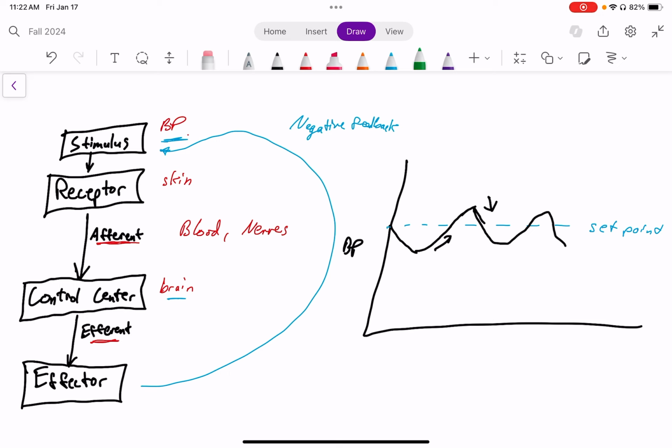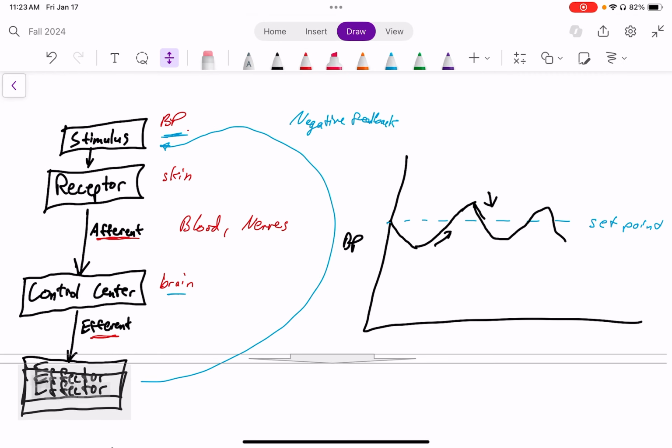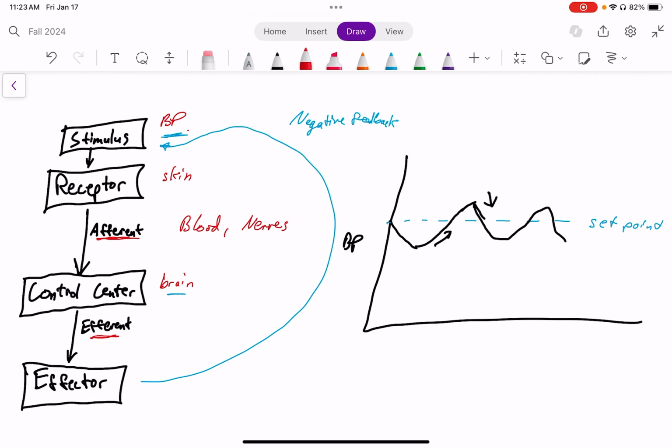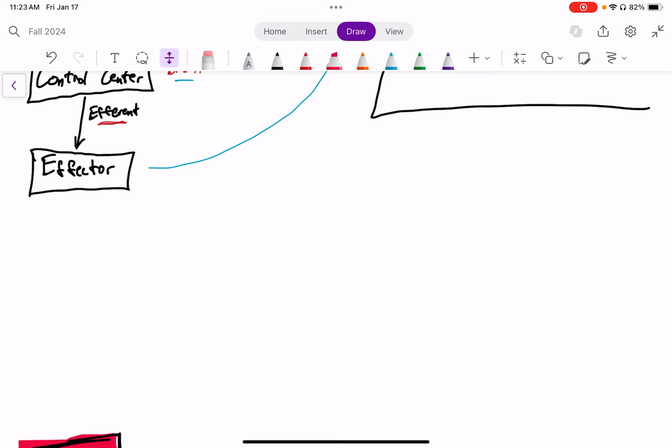Now, that's negative feedback. Positive feedback is the opposite, where the body is trying to move the variable away from set point. Or maybe the body's not trying to do that. It could be intentional or unintentional. Now, we can consider, for example, the context of birth. This is actually an intentional positive feedback loop.